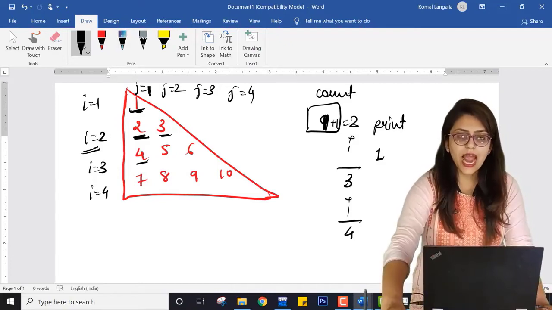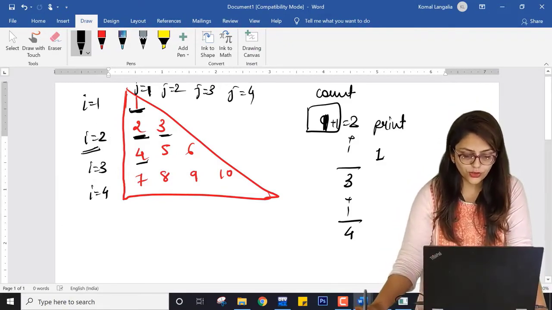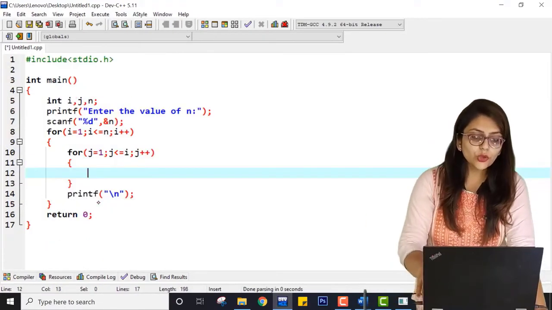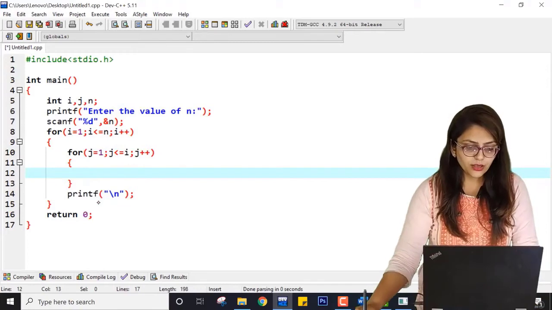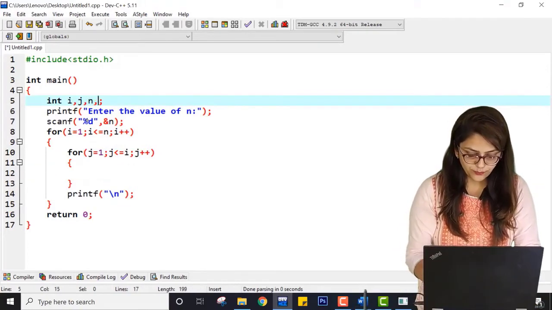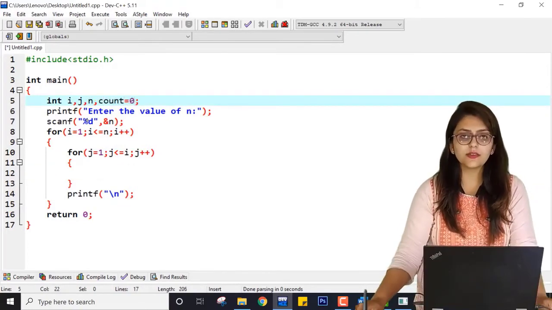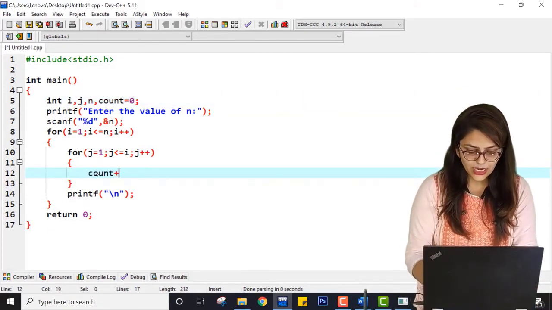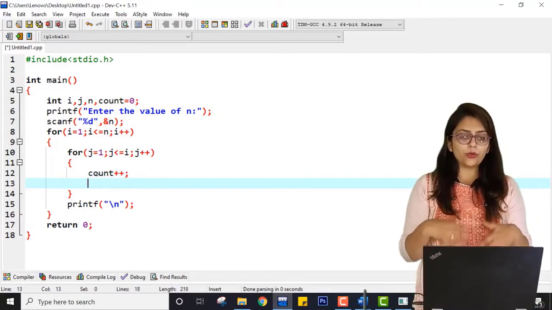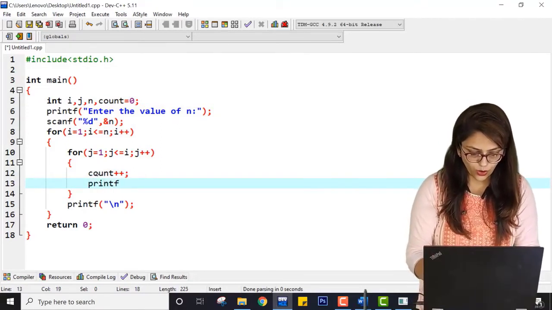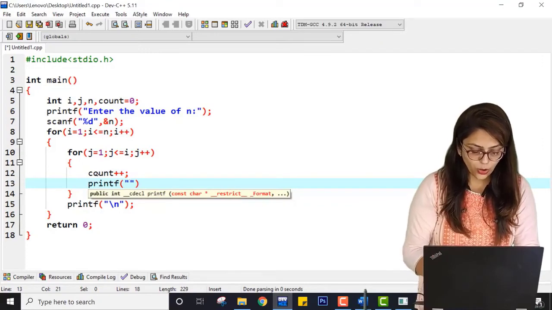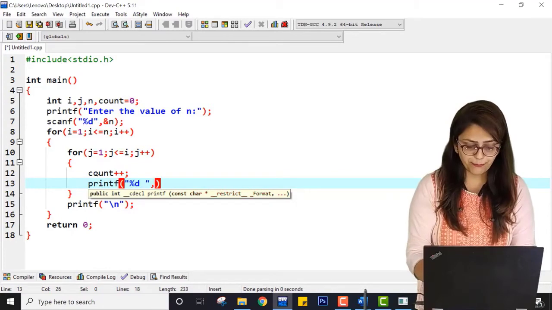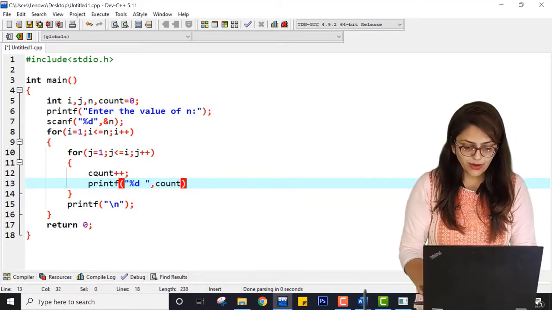So for this quadruple, I know the logic of the loops. What change is to be done is inside this thing only. So what is the change over here? Here I am taking another variable count, which is initially 0. Every time this jth loop is executing, I am doing count plus plus, that is count equal to count plus 1, and I am printing the value of count. So right now, according to this pattern, I am not printing i or j or any other expression. I am printing the temporary variable count.